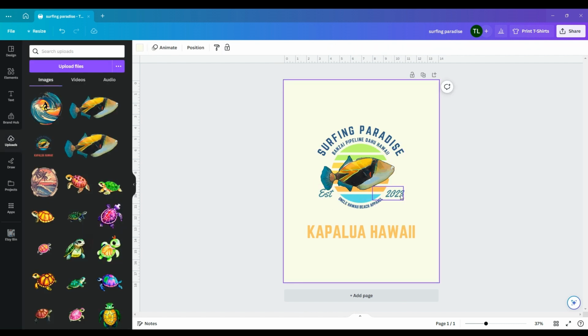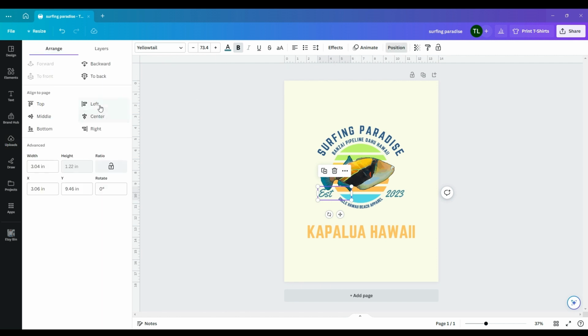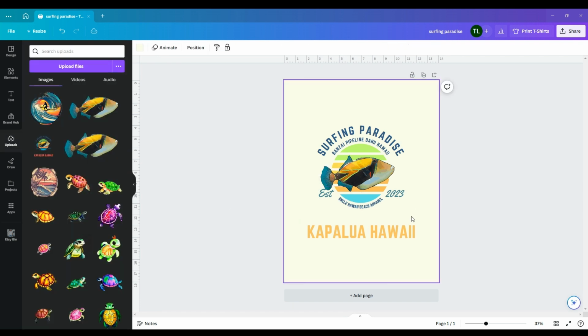I've tried messing around with the position of these little text fields, but I think they might be fine just where they are. I'll bring this to the front. That's another thing you can do in this software, go to this position tab and bring it. Oh, it looks like it's already in the front. So